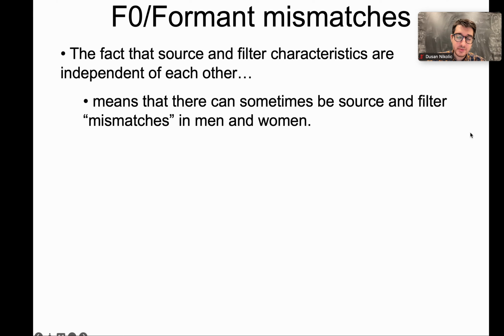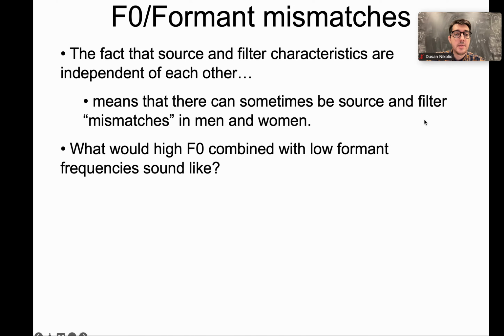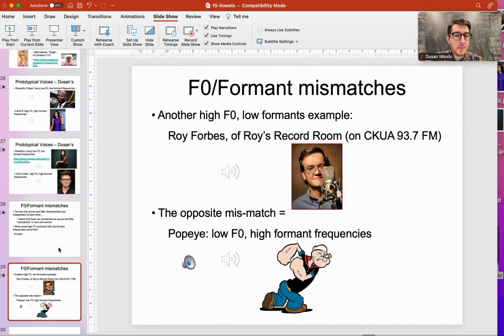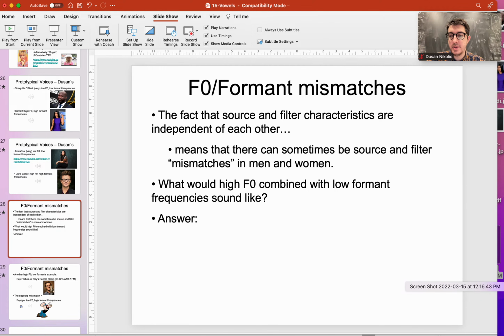Here are some examples, and there are some F0 formant mismatches. The fact that source and filter characteristics are independent of each other means that there can sometimes be source and filter mismatches. So basically you can have high F0 and low formant frequencies, or low F0 and high formant frequencies. That's just based on your physique. And what would high F0 combined with low formant frequencies sound like? The answer is actually Julia Child. I couldn't find any other actress, but we can maybe listen to